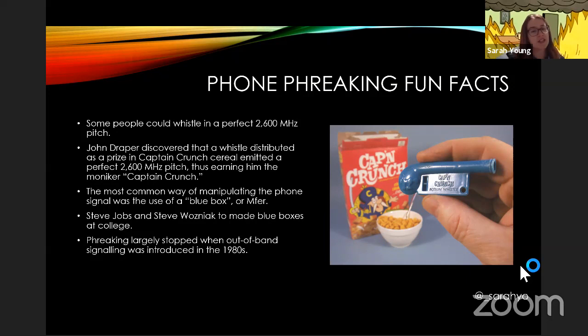Phreaking largely died out in around the 1980s. It does depend a little bit on which country, when out-of-band signaling was introduced. The difference between in-band signaling and out-of-band signaling is that in-band signaling has both the voice signal and the phone routing signal combined together. So by talking through a phone or whistling, it would also be listening for the right tones, which is why if you blew whistles down phones that made the right pitch, you could actually trick the